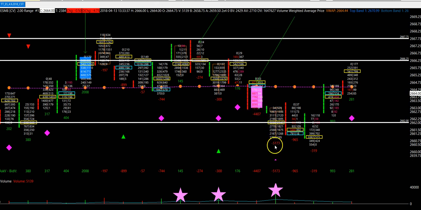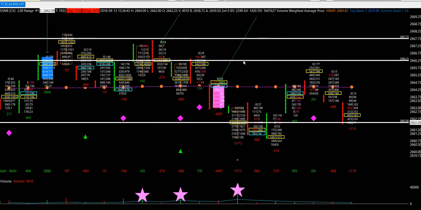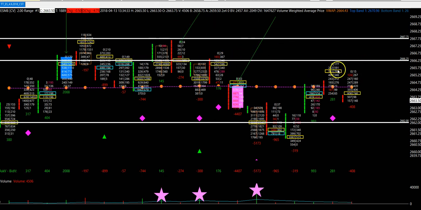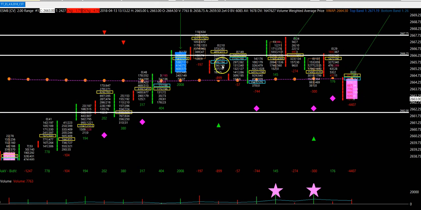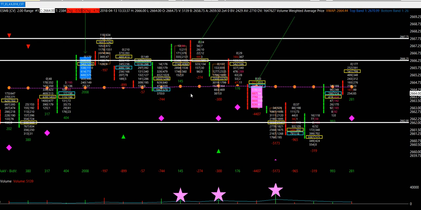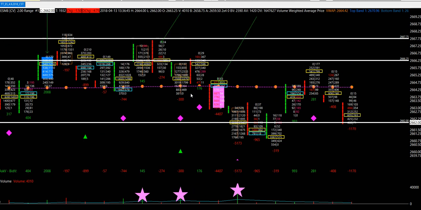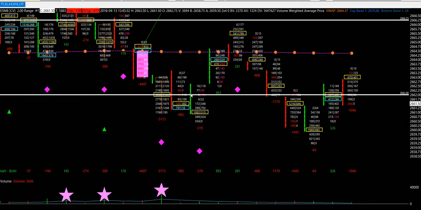You see you have this negative 5,000 delta. They push back up. Where do they push to? Right to the point of control of this bar, right? There's your rejection. Notice on your rejection bar, there's your sell imbalance. Notice the difference. When you get a rejection bar over here and you don't get a sell imbalance, very difficult to get an extension on that trade. The sell imbalances tell you that there's sellers there that are eager to get out of this trade, and that's what starts your roll to the downside.